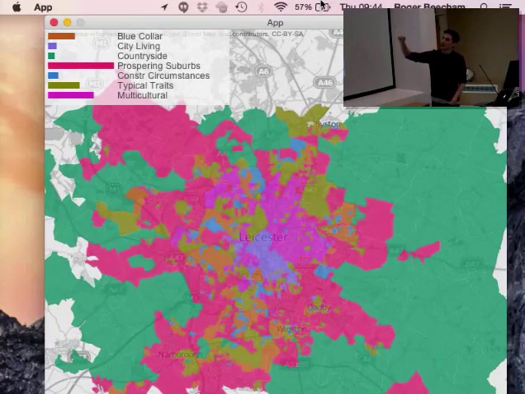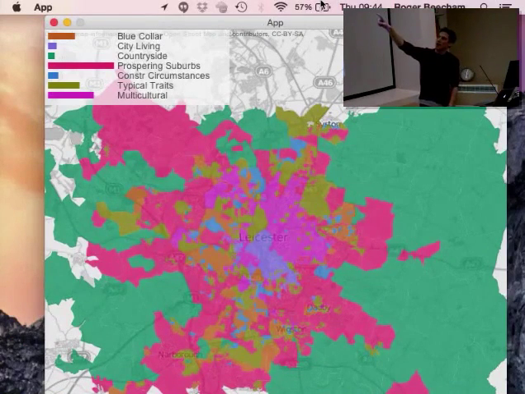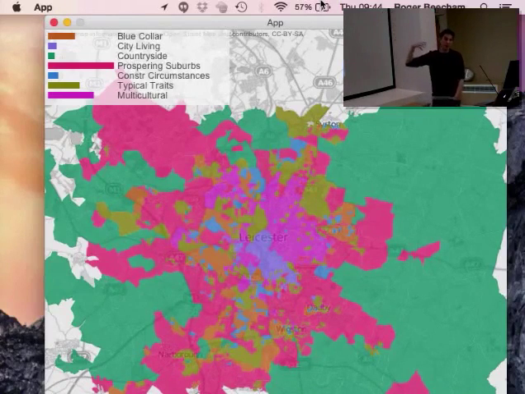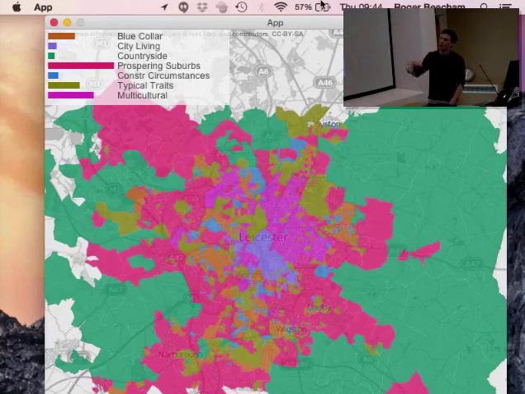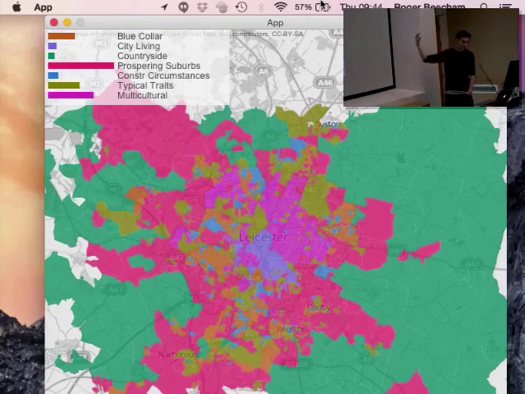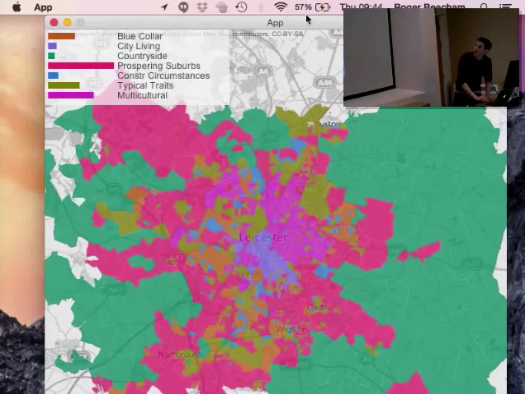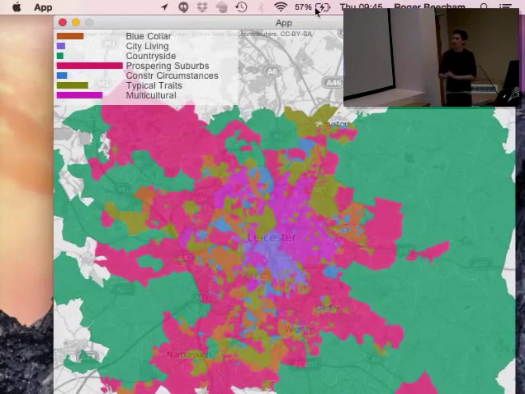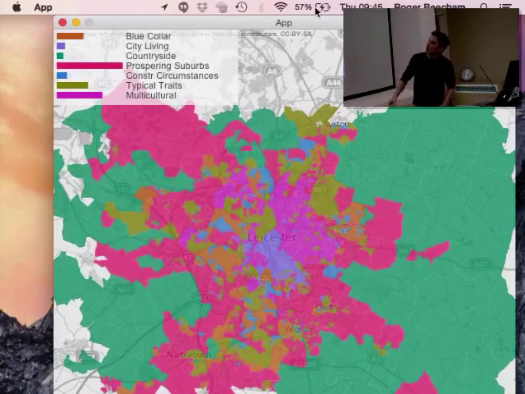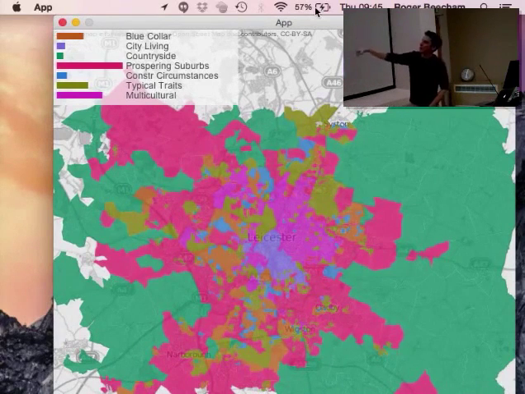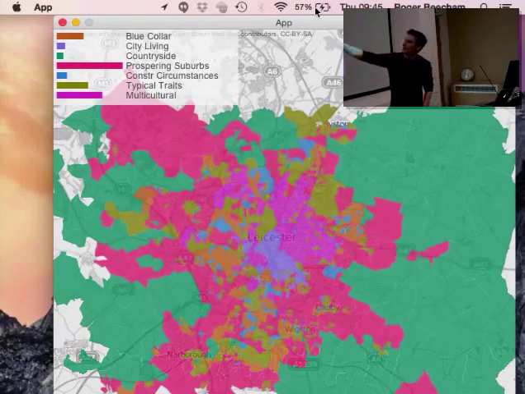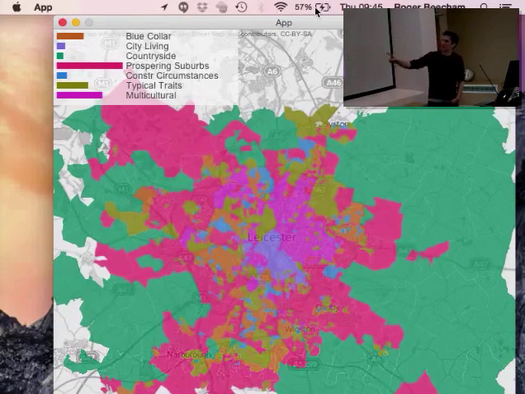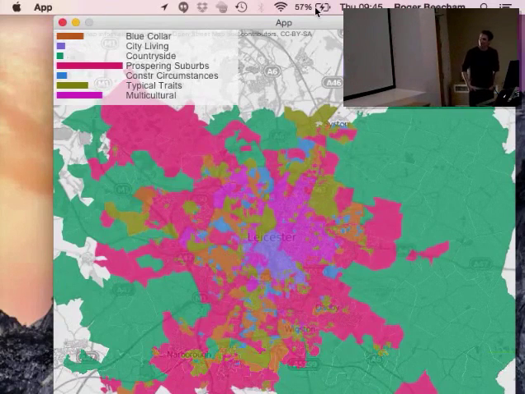that they're most like. So we can see that most output areas are most like the prospering suburbs ones because they have that label. Second is multicultural. Third is blue collar, shortly followed by typical traits. So these are the labels that people use when describing Leicestershire. So we have lots and lots of multicultural around here, lots of the countryside type areas here, and typical traits and blue collar workers around where sort of mining areas are.